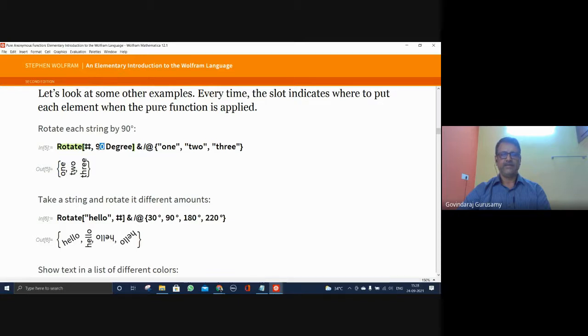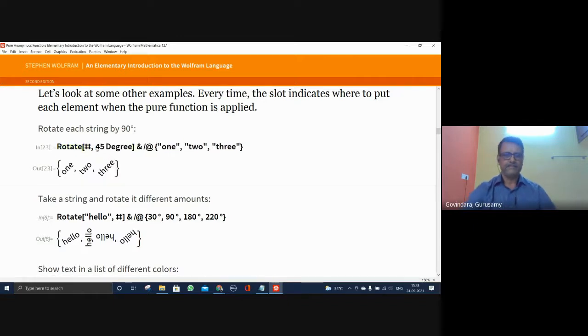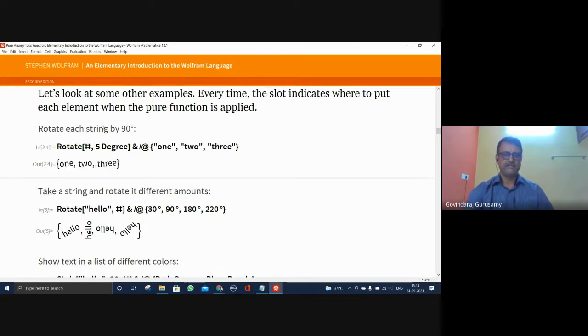You can make any degree of rotation you like. This is 120 degrees. You can make a rotation by 45 degrees. You can make a rotation by 5 degrees also. See that, this is a 5 degree rotation. Now take a string and rotate it by different amounts.